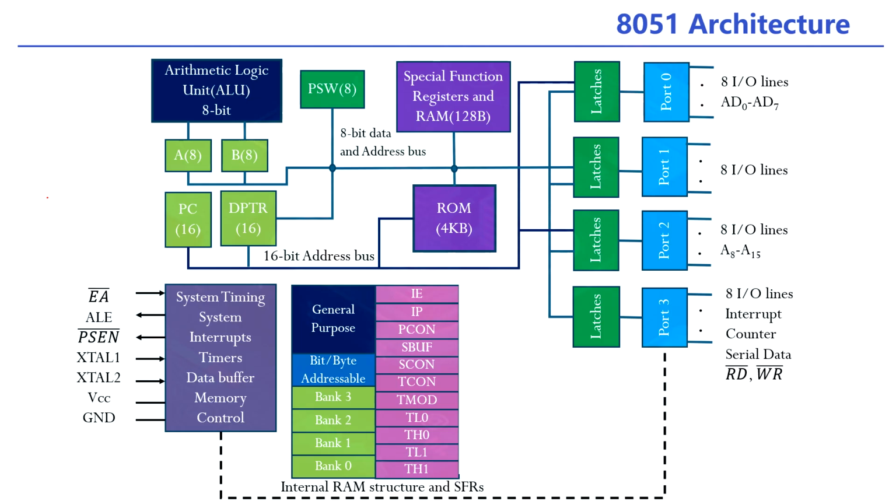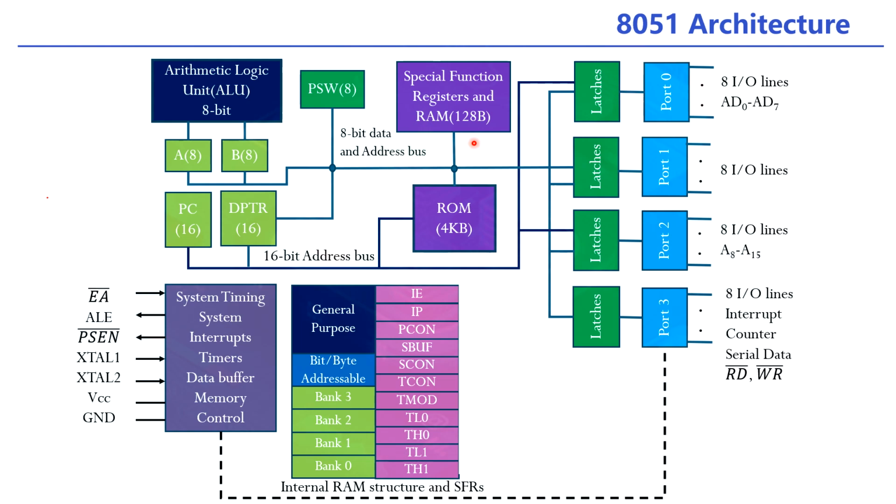If you observe here, this is arithmetic logic unit. This is PSW, program status word. Then we are also having one A register. It is also called as accumulator, B register, and program counter, DPTR, data pointer, and some special function registers, and